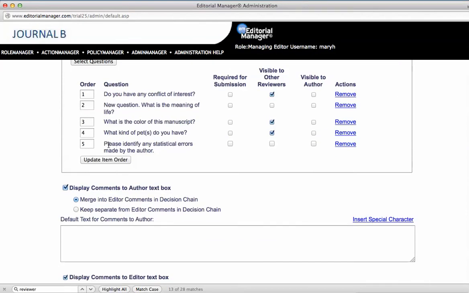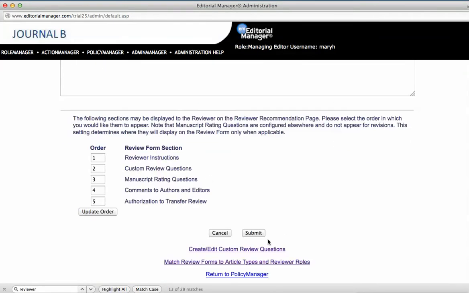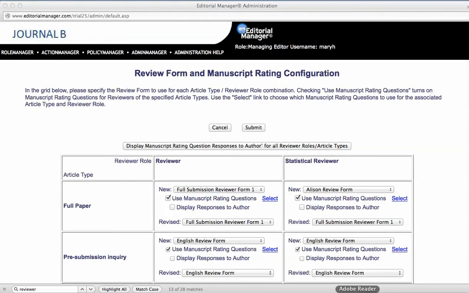The page refreshes, and as you can see, the new question has been added. I can now save this change. Having modified the reviewer form, I now want to make sure that the correct form is associated with the correct article type and role associated with that form. So in this instance, I want the reviewer form full submission to be displayed for the reviewer role for a